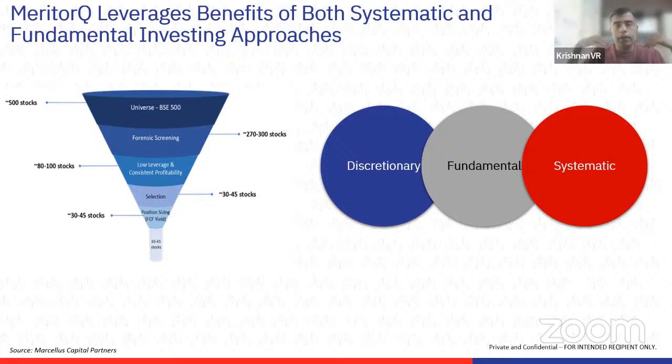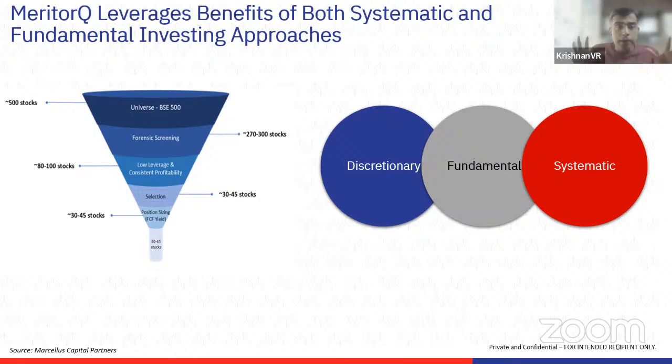Whereas in a discretionary style of investing, you're relying on all this, but you might also rely on things which are not easily quantifiable. For example, quality of the management, or the character of the promoters. So that's the broad difference. Systematic investing